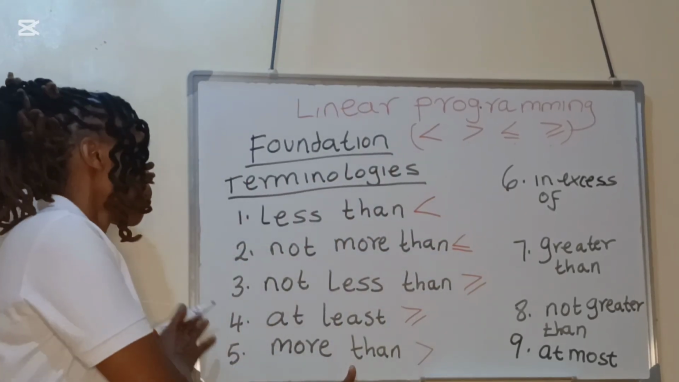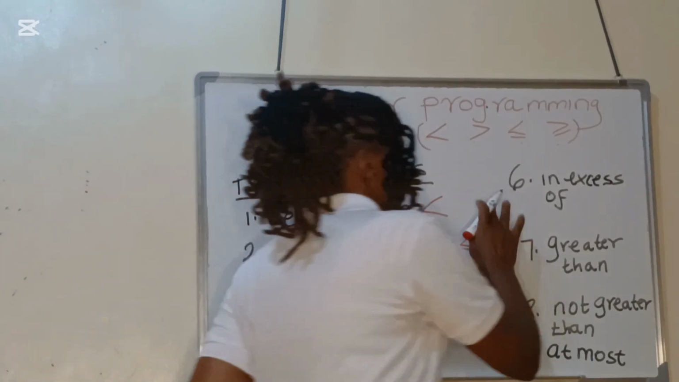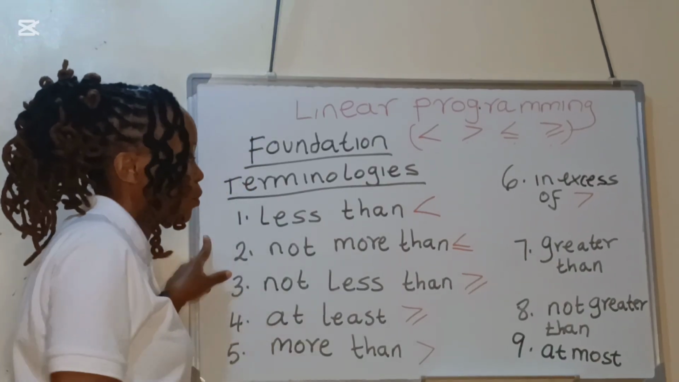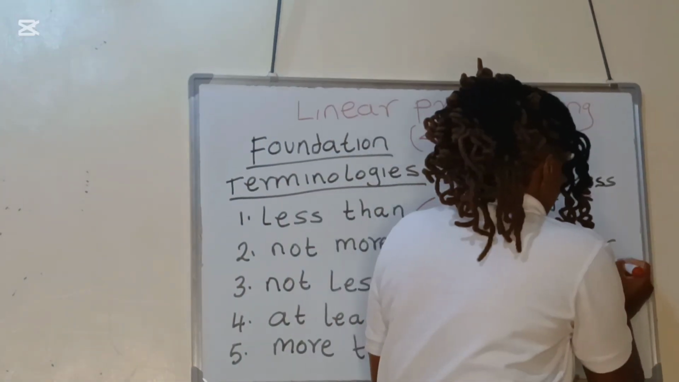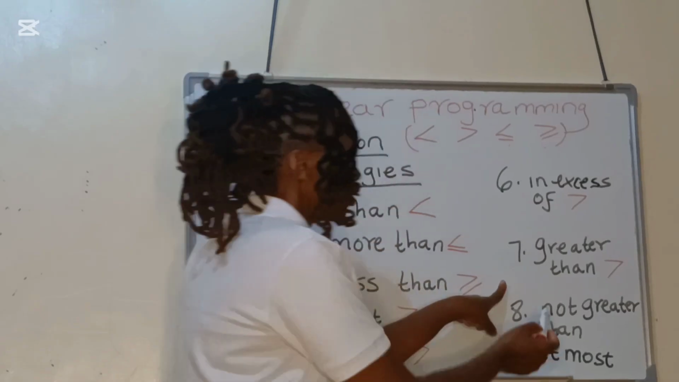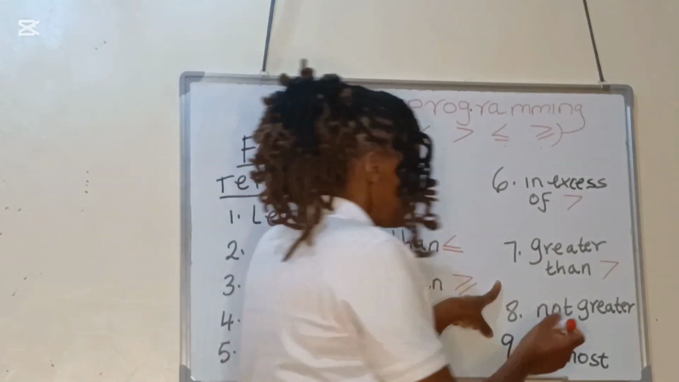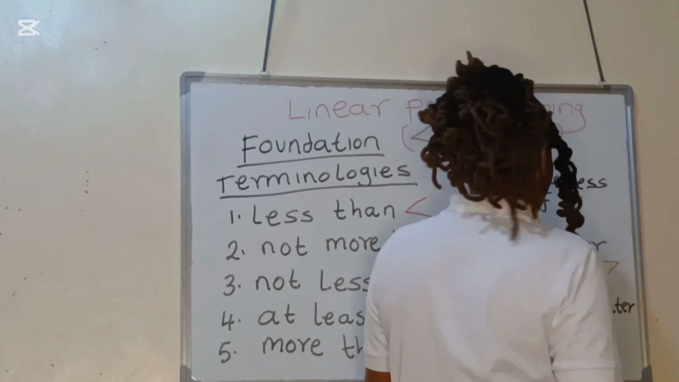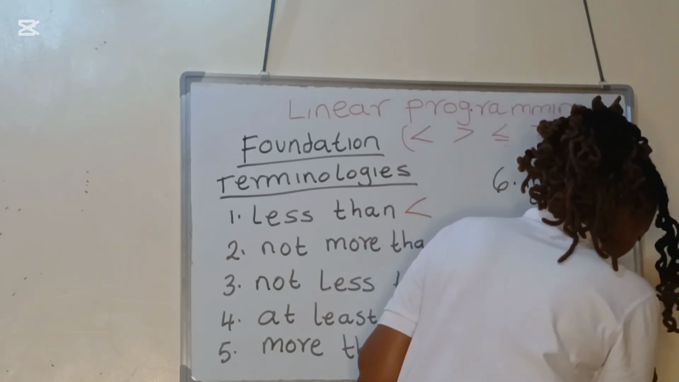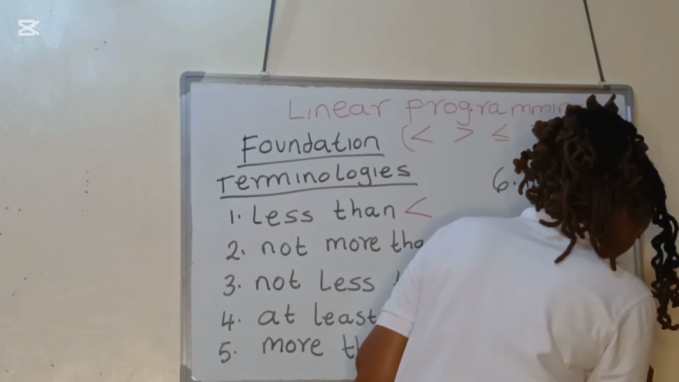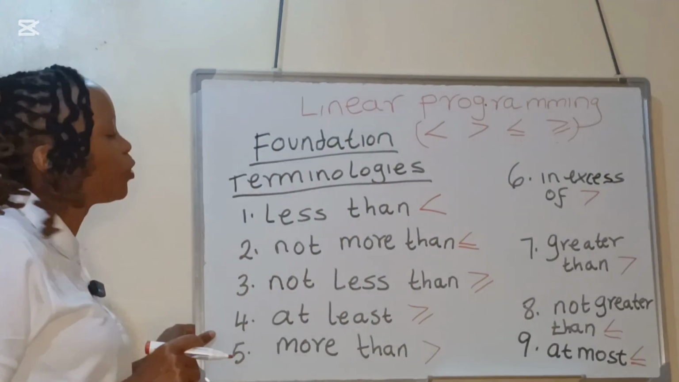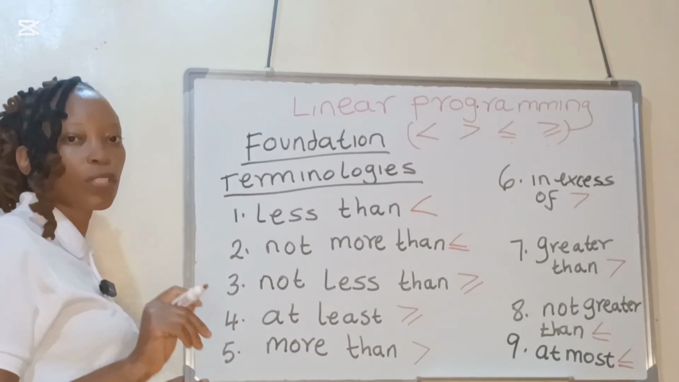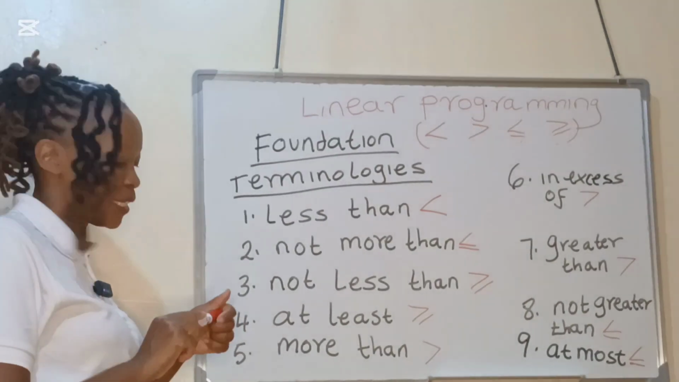Okay, this is the symbol we use for more than, in excess of. Greater than, we already wrote greater than. Not greater than, we use less than or equal to. At most, less than or equal to. So I have given you 9 terminologies that you are going to come across when tackling questions on linear inequalities